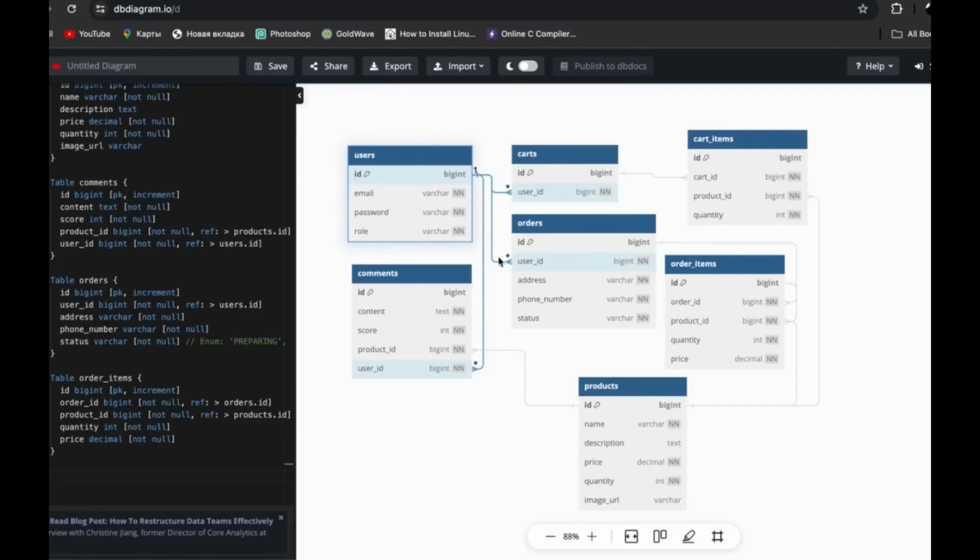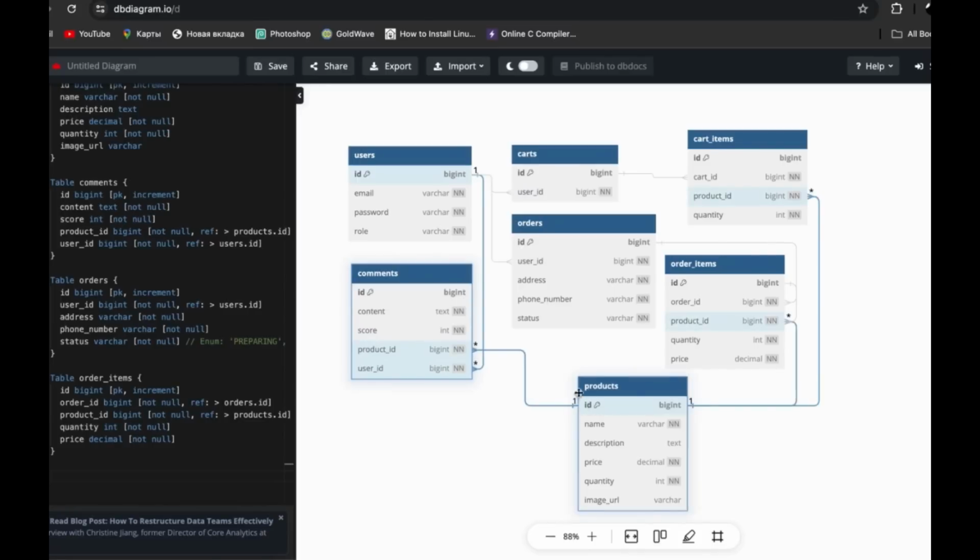And we see that this one has more lines. It means that one user can create many orders and carts. So this is a one-to-many relationship. And for orders, it means a many-to-one relationship. The same thing actually with comments. Here we have all information such as user ID that points to our user table. Also, we have product ID that also points to the product table. Here we see this many-to-one relationship